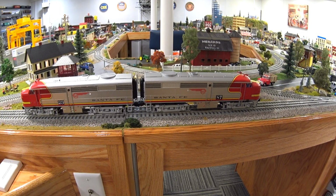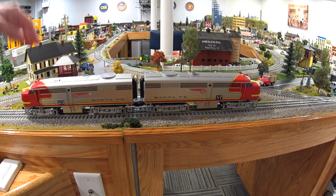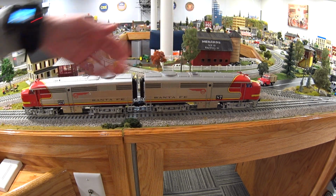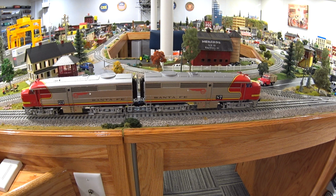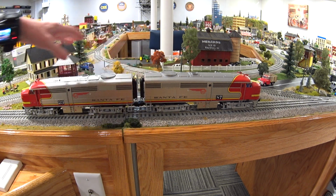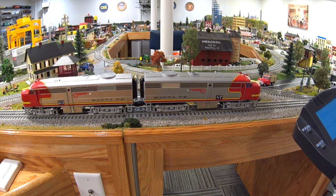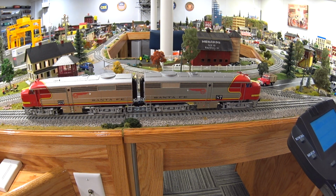Alright, so first I programmed this lead A engine and then the second one with different numbers. But that didn't really work, so I think these were already pre-programmed together like they usually are with the AA units from Lionel. They usually come like that, already pre-programmed to work together. So anyway, they should be the same number for these units, so pick a number and then make sure they're both programmed to that. And so what will happen is if I just use that single number when I start up the engine here,